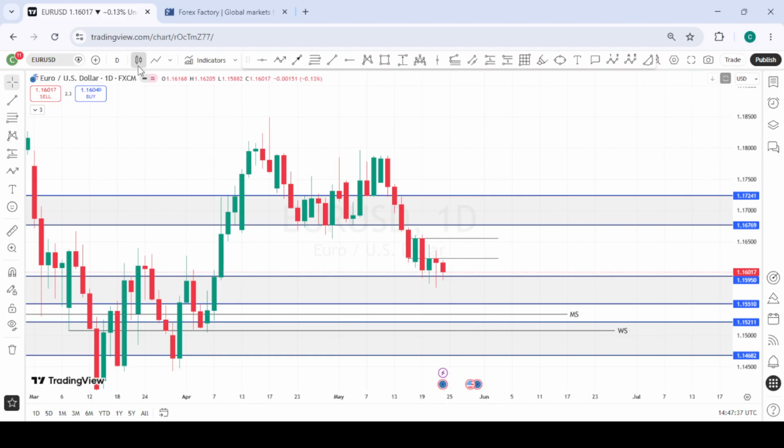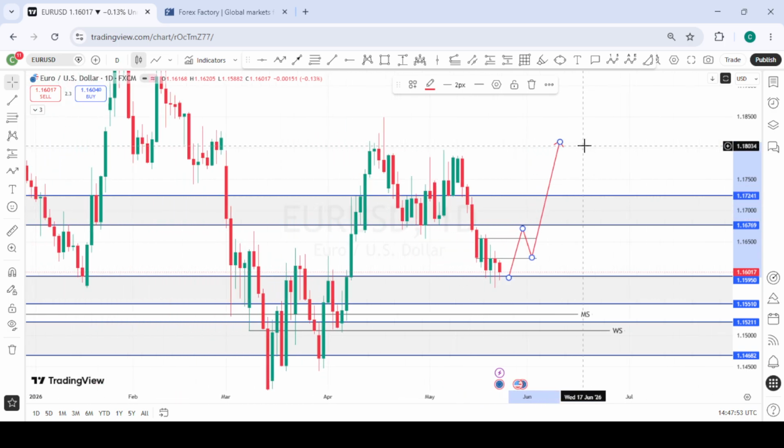So going into next week, what we'll be looking out for is a daily structure shift here. This daily structure first, or this second daily structure, we get a shift, we get a pullback or a higher low formation, and we look for buys to the upside. This will be our major area of resistance if price is able to move to the upside, where price might have some resistance, or price might play around here before taking off.